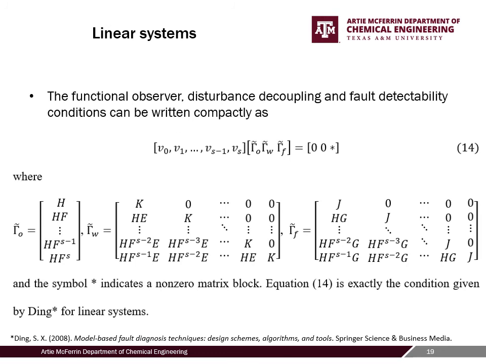The results of proposition 1, 2, and 3, which represent the functional observer, disturbance decoupling, and fault detectability conditions respectively, can be written compactly as shown in equation 14. And equation 14 is actually quite a standard equation in linear systems fault diagnosis, and it has been there for about 2 or 3 decades now. And so the results of our presentation provide a direct generalization of well-known linear system methods in fault diagnosis to